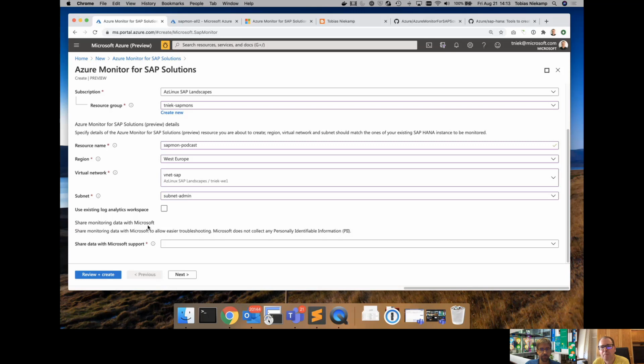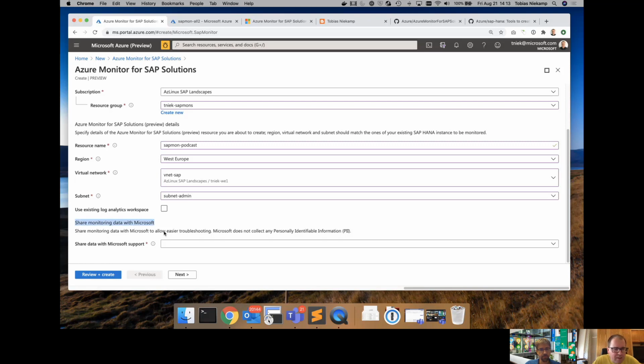Up until now, there was really not much in terms of monitoring that you could do that was integrated with Azure, right? So we're bridging that gap here and allow you to monitor your SAP landscape on Azure, even if it's based on bare metal. Or you could have an SAP Monitor resource that mixes VM and bare metal resources. The boundaries are blurred with this tool.